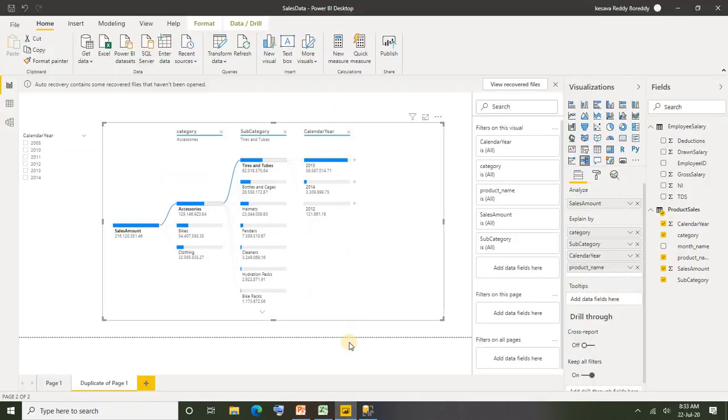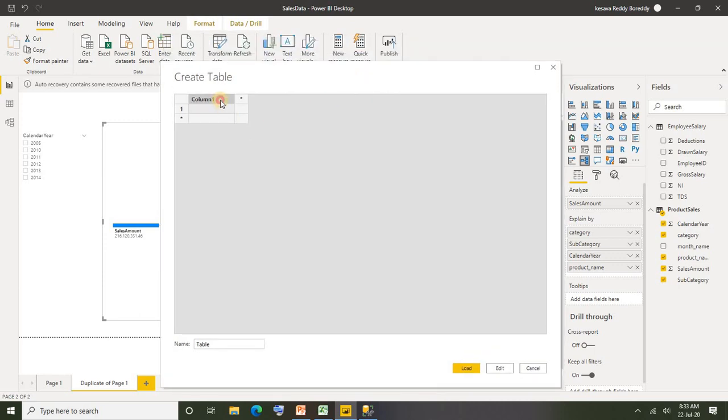For that, what we need to do, we need to create one small table. I'm just going to select this option, enter data option in Power BI. Now I'm gonna just create columns like level 1, level 2 and level 3. Okay, under level 1 salary, level 2 withdrawal, right? So I'm gonna say take home. Okay, and deductions.